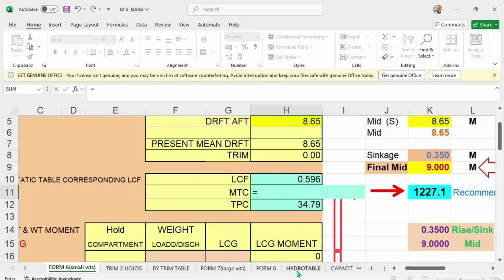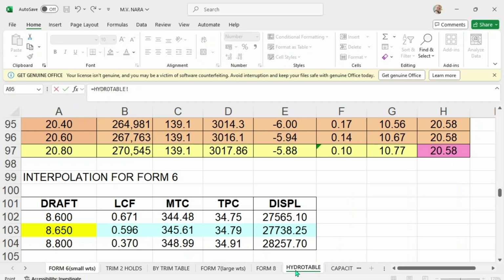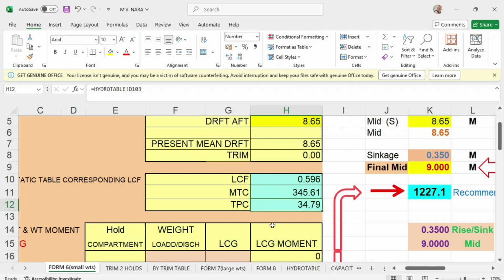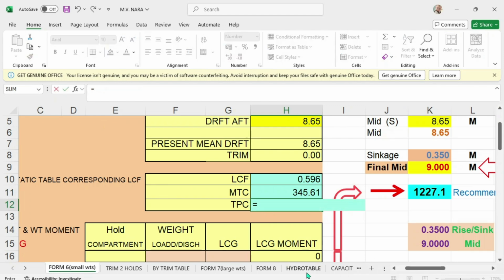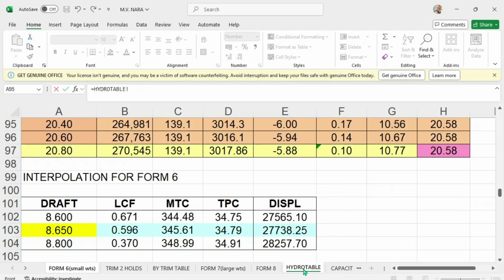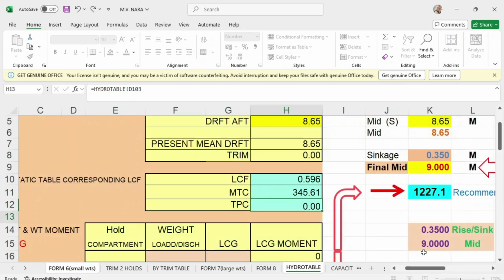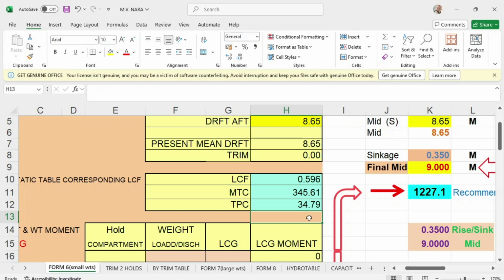You go to hydrostatic table, you push MTC, and you put enter. So that is the MTC. TPC, you put equals. Then you go to hydrostatic table, you put your TPC, then it goes 34.79 and you press save.